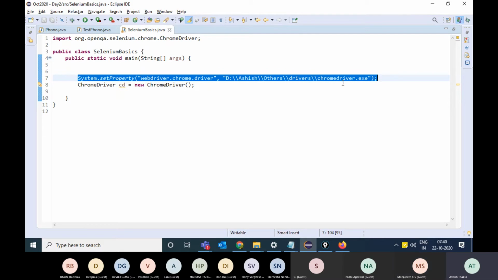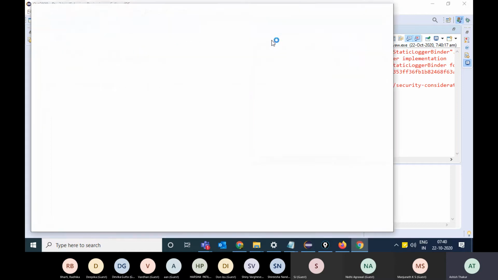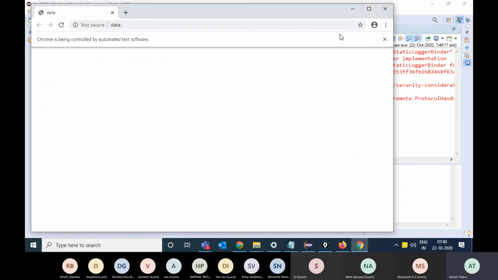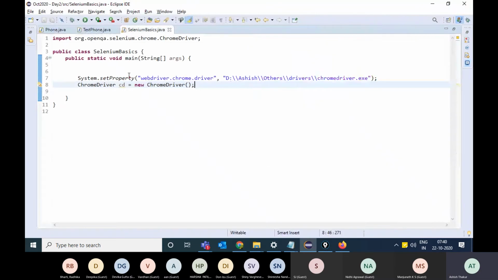Okay, see now I downloaded the right one, and if I'm running this, you will see that corresponding to my browser, you get this. You see that a blank Chrome browser opens up. If you get the exception session not created, that means you don't have the right exe or your browser may have updated. I wanted to show you the session not created exception. So in case of Chrome, you have to be careful about updations in the browser.